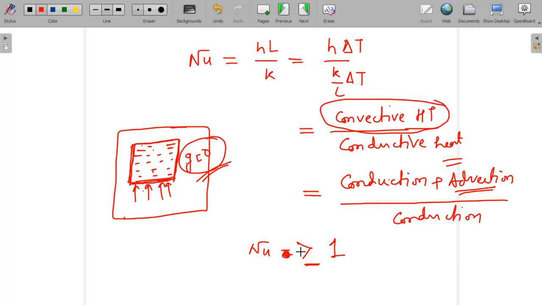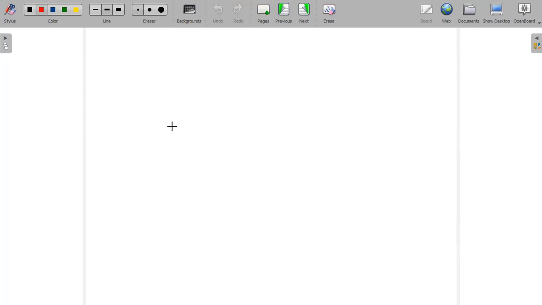So Nusselt number is a quantity definitely greater than or equal to 1, that you have to understand. Another way one can define a Nusselt number, and that technique is directly coming from the heat flux definition, that is minus K into del T del Y at Y is equal to 0. As you know, this is the heat flux, and that heat flux can also be written as H into delta T,